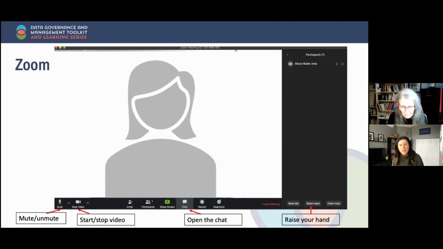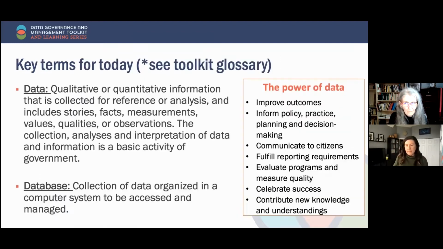Can you flip through one more slide? So what I just wanted to briefly do, I'm not going to belabor this too much, but I just want to take a few minutes to reground ourselves in some of the language we've been using. So I've been trying to start each webinar with a set of key terms that we'll be using throughout that particular webinar. The toolkit includes quite an extensive glossary of terms, which is very helpful. Not all of those terms are used every single webinar, so I'm just trying to pull the most relevant. And some of these we did talk about, particularly in webinar 1, so I'm resurfacing some of those same terms